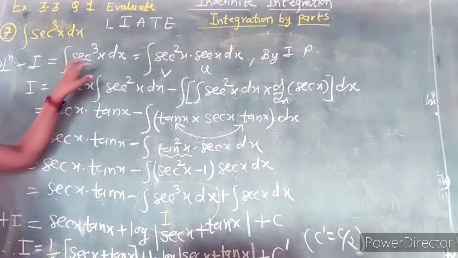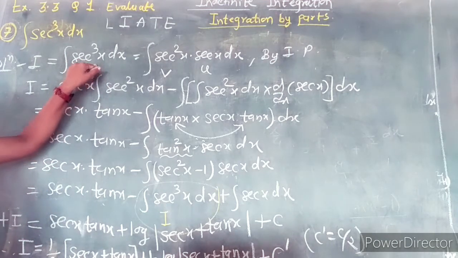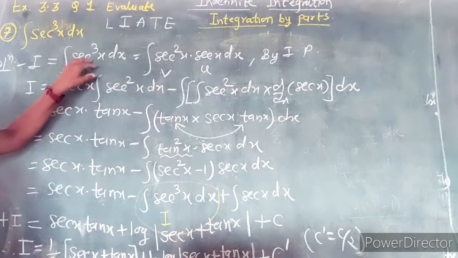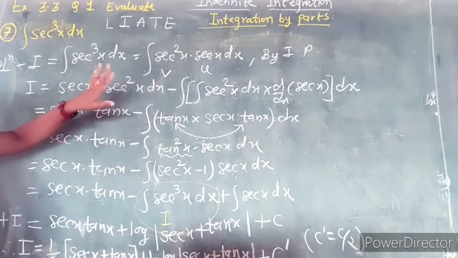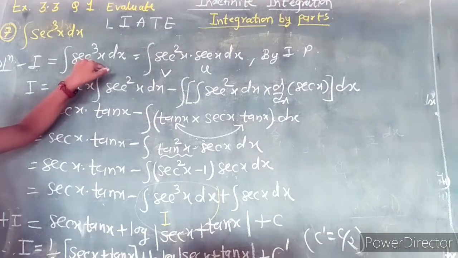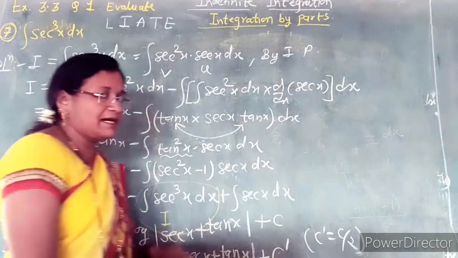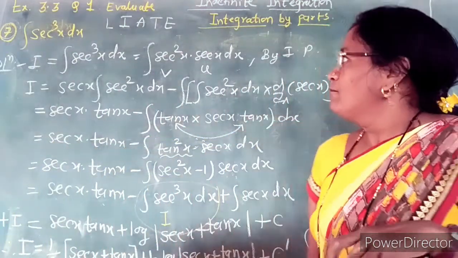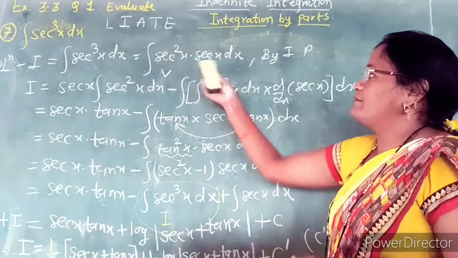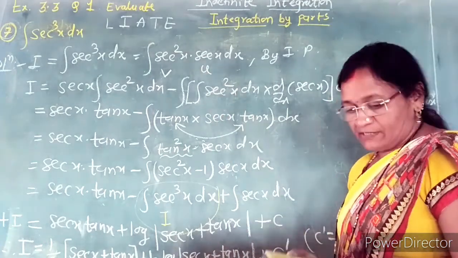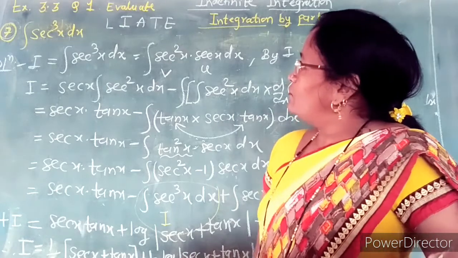So you have to find the integral of sec cube. Many times that question is asked in CET. How do you find the integral of sec cube x? You cannot write this as sec raised to 4x upon 4. Here we take integration by parts, choosing the function by breaking the cubic term as a square with the product. So this is again an important question from the point of view of